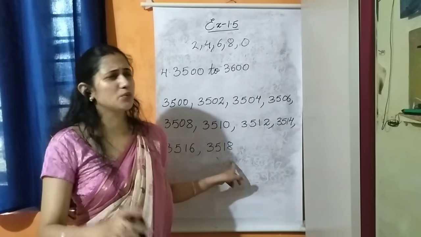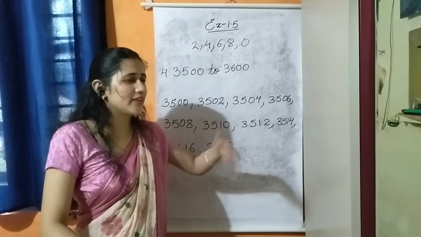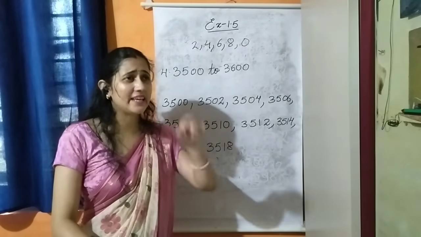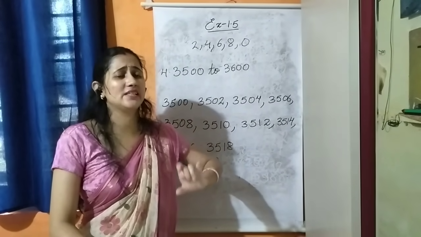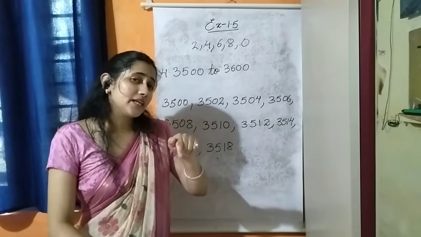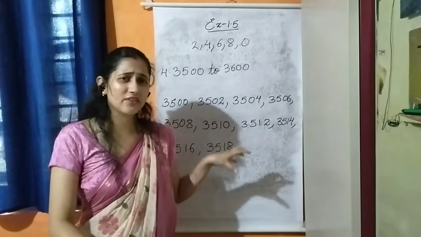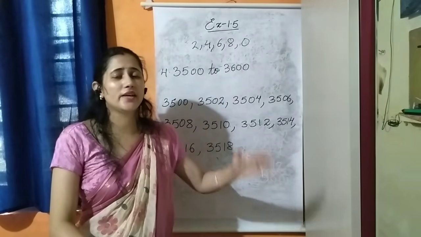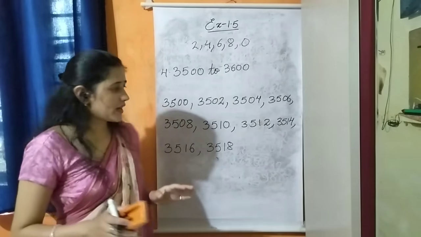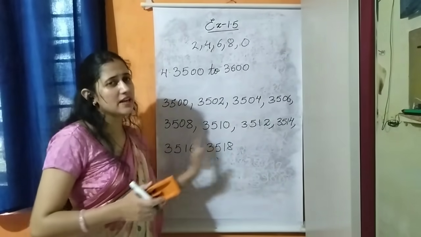Okay, and children, if you are doing something, do it stepwise only. So then you are not going to get confused. Don't try to jump. While doing addition and subtraction in the class, I have seen that while taking carry, some children don't do it stepwise, they just jump. And what happens in that case, you take carry but you forget to add the carry, and because of that you lose your marks. So please, especially when you are doing maths, please go stepwise. If you do something stepwise, you will not make it wrong. So here also any 10 you can write, but these 10 we have written in an order.